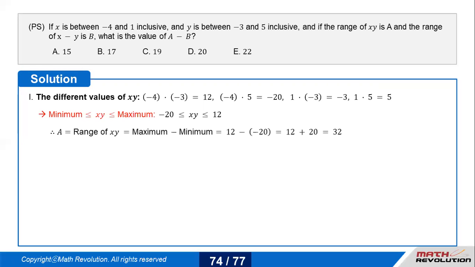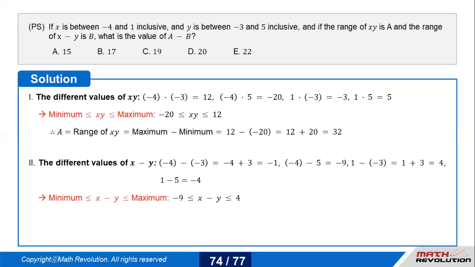Let's find the range of xy. So you need to find the range of xy. So that is 12 minus of -20, which becomes 32. Now let's talk about the different values of x minus y. So that is -4 minus of -3, -4 minus 5,